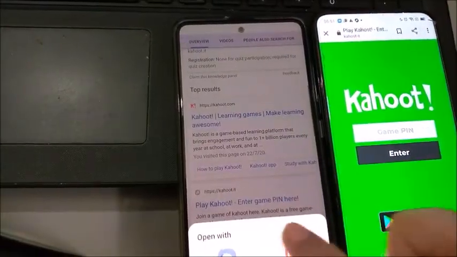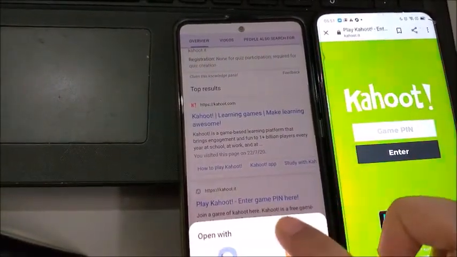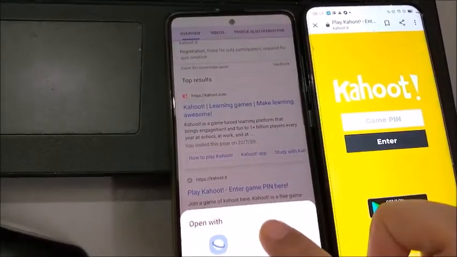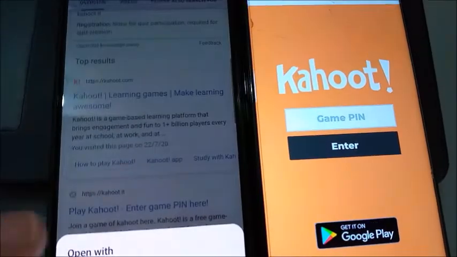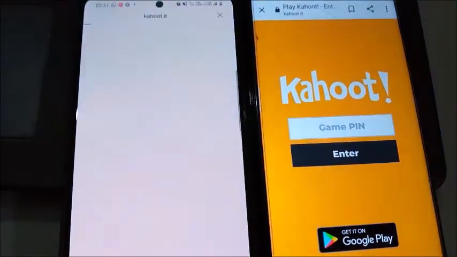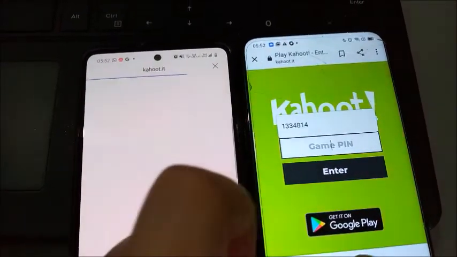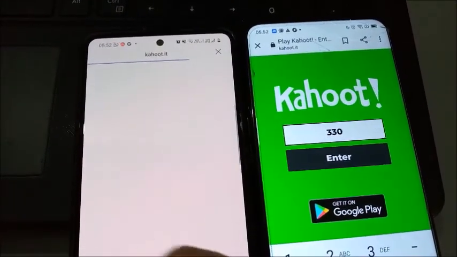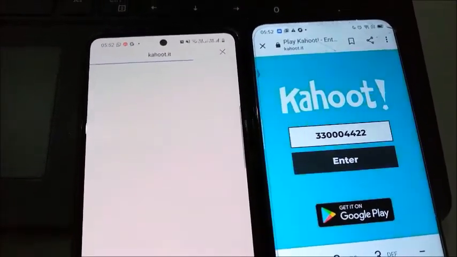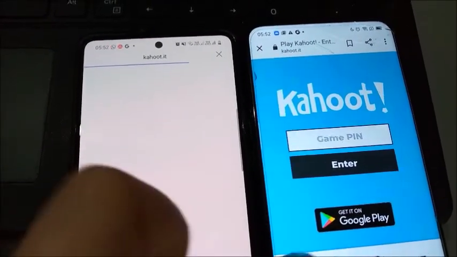See, so I will put the pin, which is 30042. Okay, I'm sorry, it's